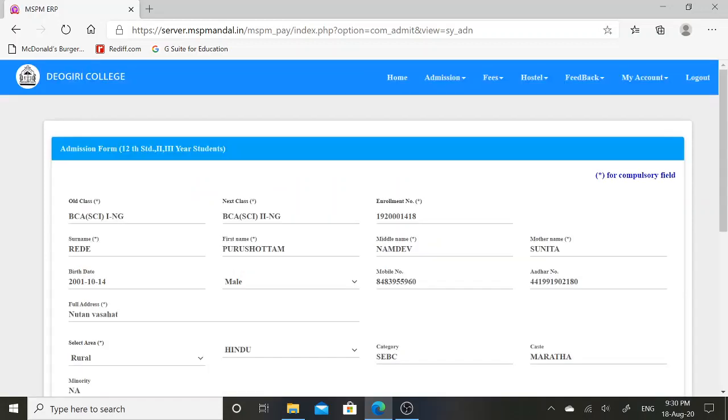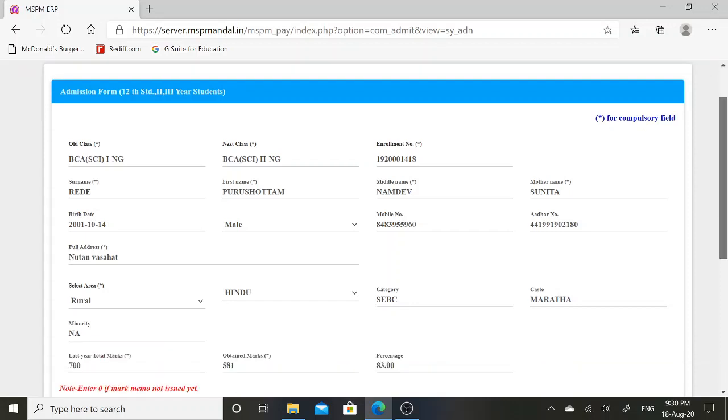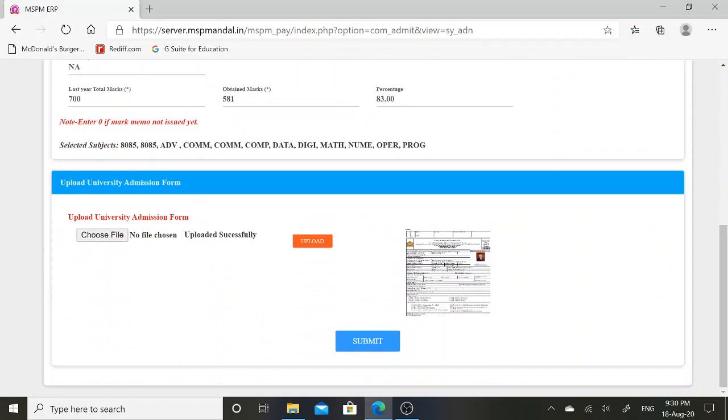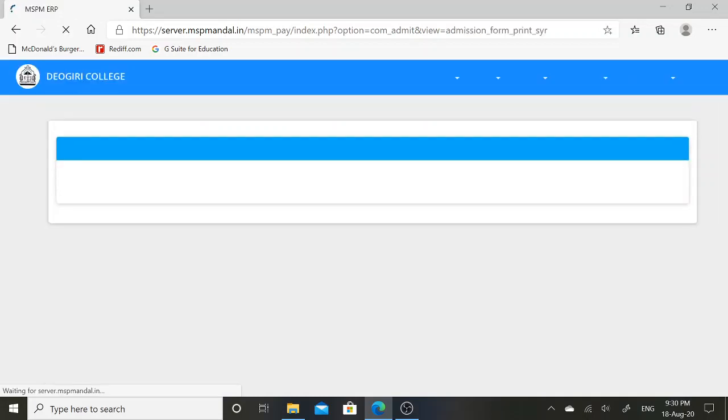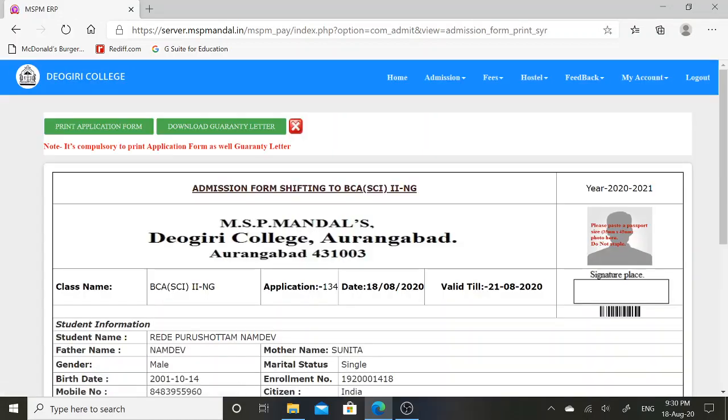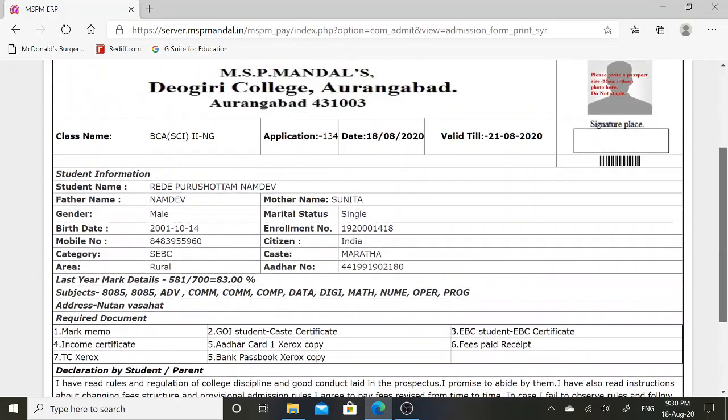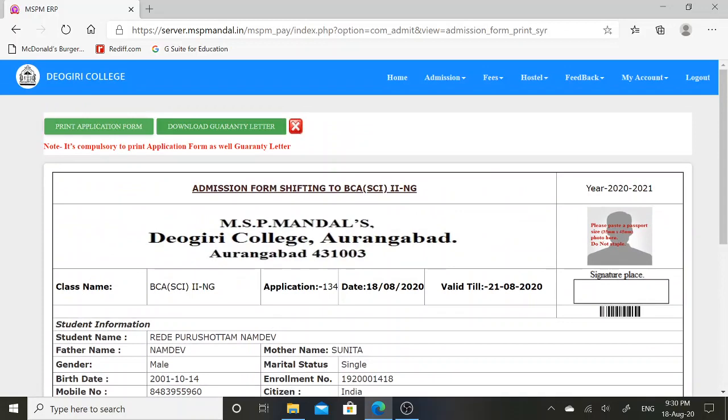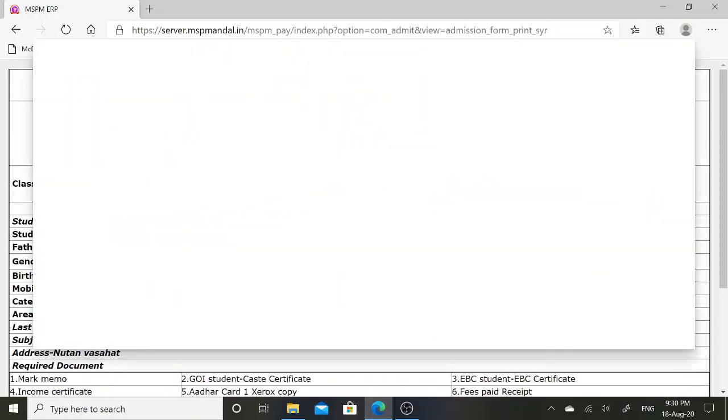After clicking on the upload button, you can scroll down this web page. Here you can find your image file after successful uploading. Then you can click on the submit button. In this manner you can submit your application, and for your reference you can print your application form.